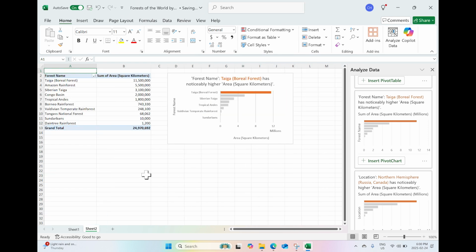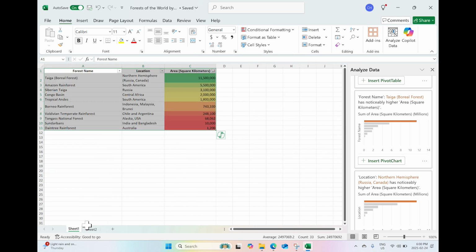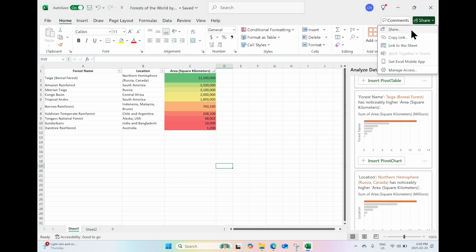Any of the changes that I've made over here directly are uploaded to my OneDrive as well. So in case I want to share this link out to anybody and collaborate, they'll instantly get the most up-to-date information. I don't need to stick with emailing any attachments back and forth.